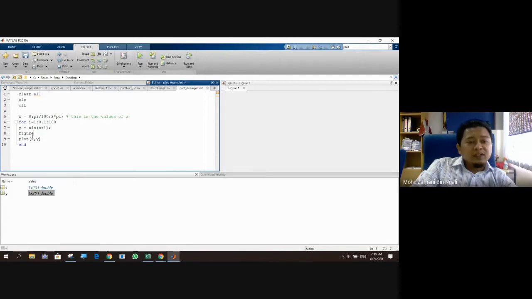This one. Okay, so this one, we disable this one, figure, so that it won't create more figures. Okay, and then